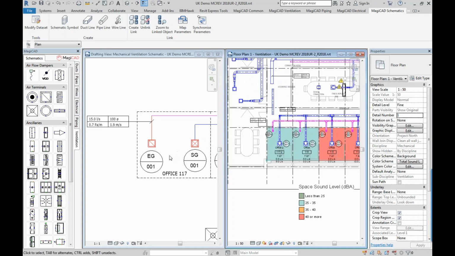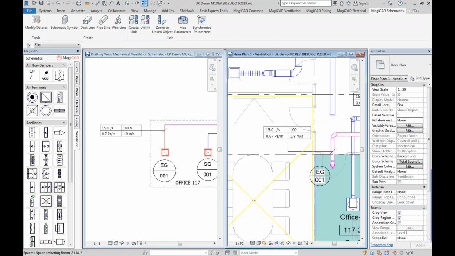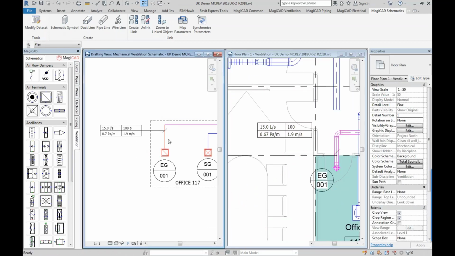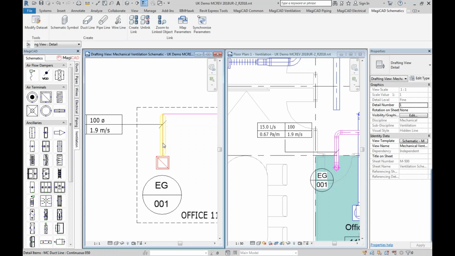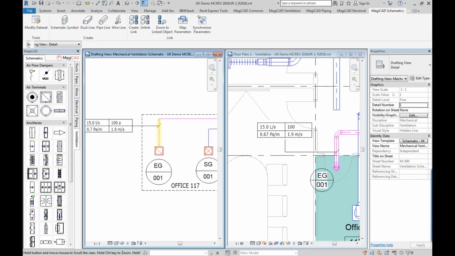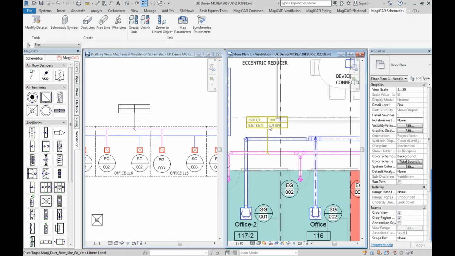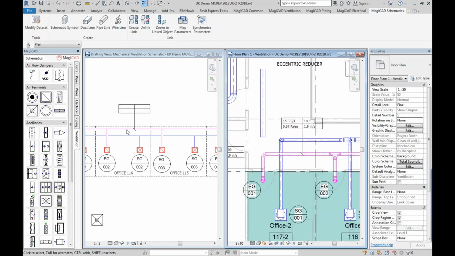So as I mentioned before as well, I've linked this duct segment here to this detail line in the schematic there, and you can see it inherited the data from there. But this one hasn't. It stayed blank because you can see it's not mapped. It hasn't turned red in here. So I was going to show you how to physically link the